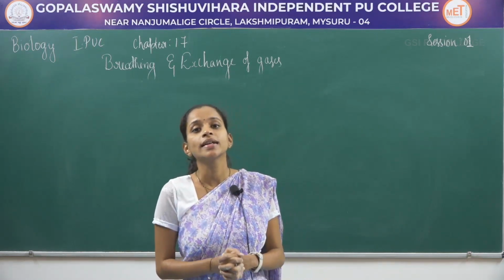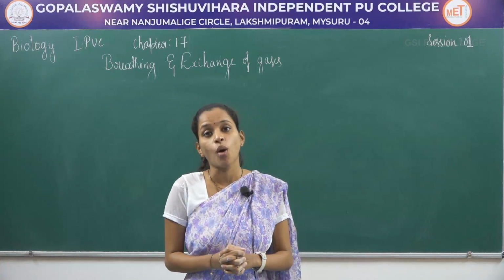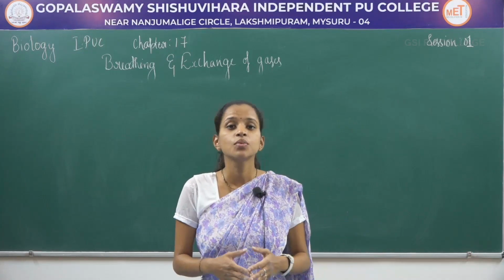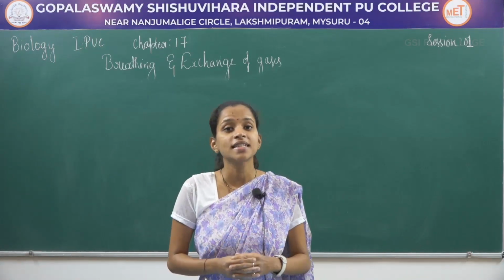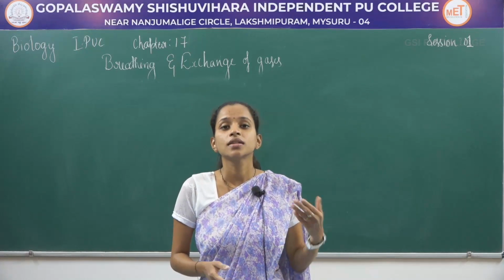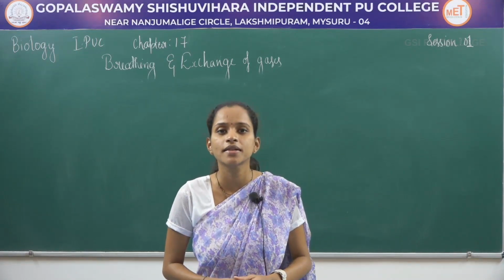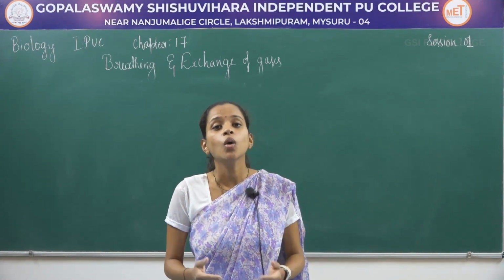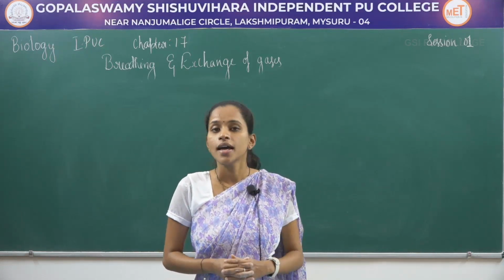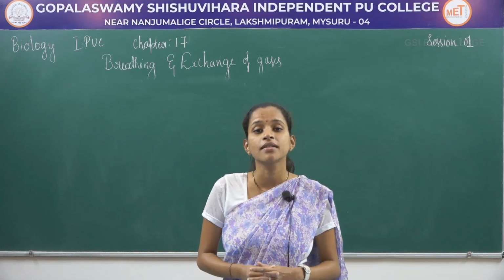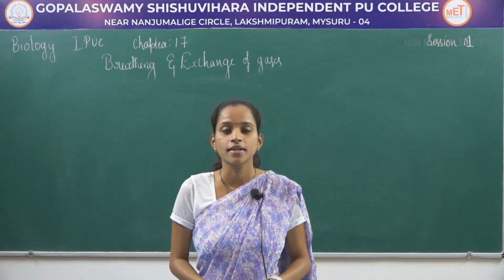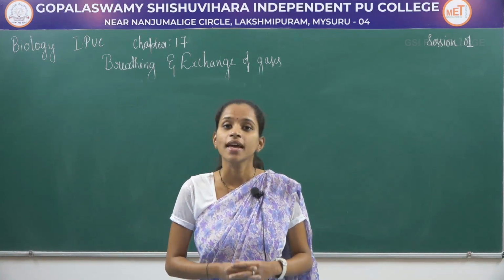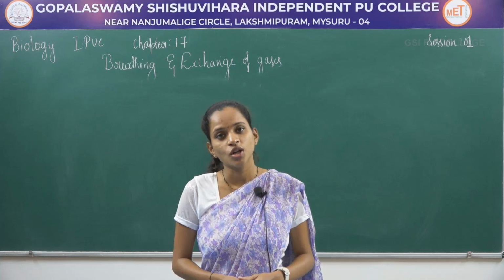In today's class, we did discuss different types of respiratory organs which are present in lower organisms, different types of respiratory organs which are present in their life cycle, and we studied about human respiratory system, which are the organ systems involved in human respiratory system, mechanism of breathing involving inspiration and expiration, how pressure gradient affects the inspiration and expiration, and finally about respiratory capacities and volumes. That will be 9 different types we have studied, and in next class we will be studying about exchange of gases. That's all for today's session.